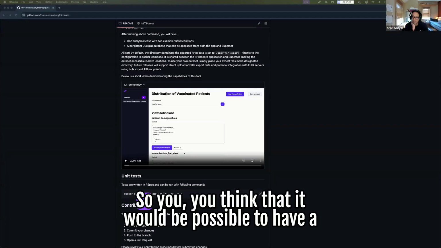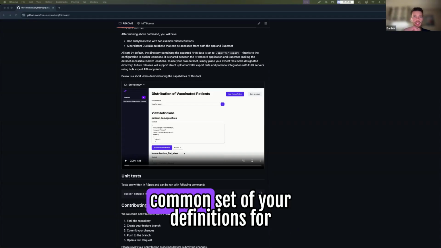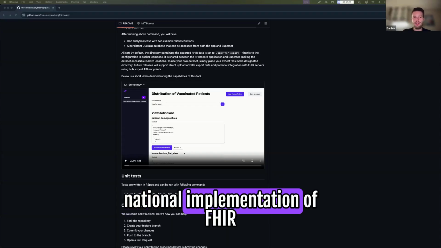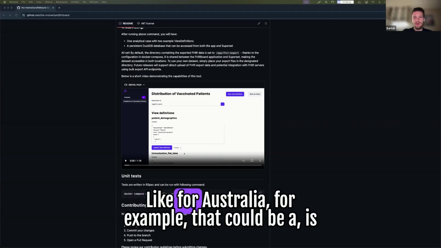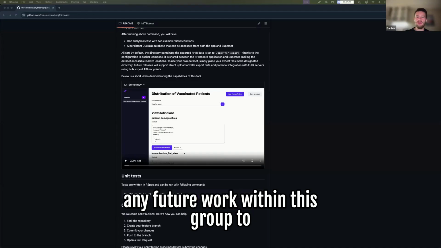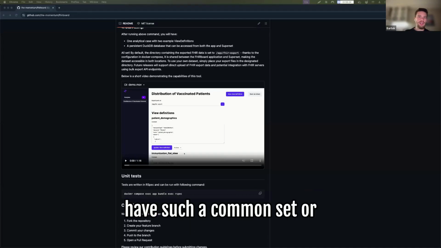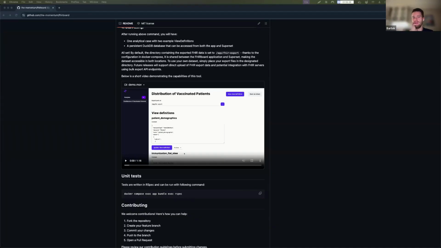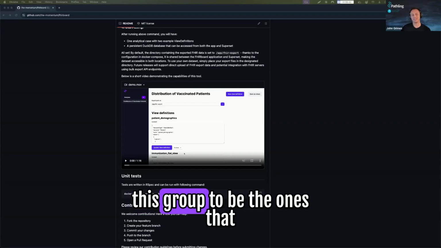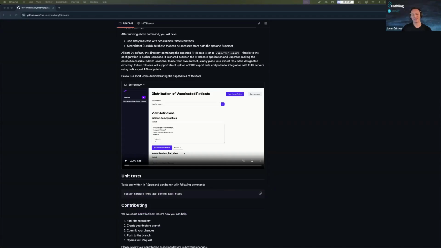So you think that it would be possible to have a common set of view definitions for, let's say, a national implementation of FHIR, like for Australia, for example? Is it an intention of any future work within this group to have such a common set, or not? I don't think it's the intention of this group to be the ones that author those things, but